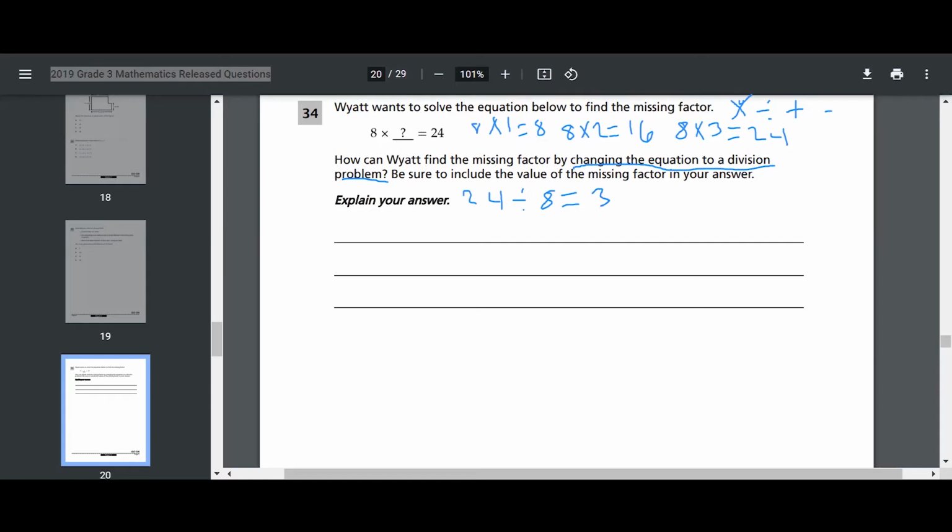Remember, the inverse operation for division is multiplication. Therefore, the inverse operation for multiplication is division. We already saw the multiplication unknown number, 8 times blank equals 24. And we figured out that the unknown number is 3. Now, how are we going to explain this? We can explain by stating